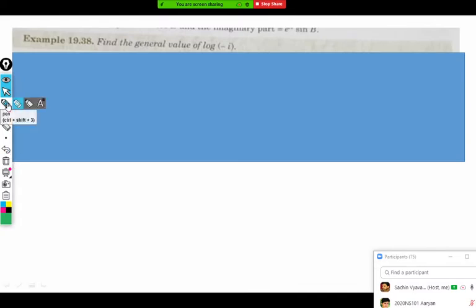So the first question, one of the simple questions that we have here. We have to find the general log of minus iota. So you can do it like this. First of all, whatever complex number we are given, we denote it: let z equal minus iota. Can you write its polar form directly? If you can write it directly, fine. Otherwise, calculate r and theta and then write it. Anyone, what is the polar form of minus iota?